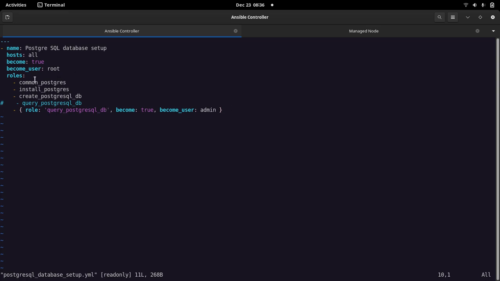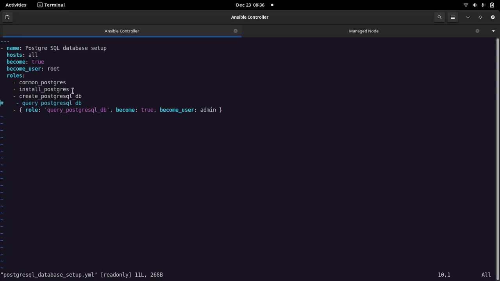Okay, so this main playbook is just a trigger playbook from which we are going to call all these roles: the common role, install role, config, create role, query role. I have removed the configure role.